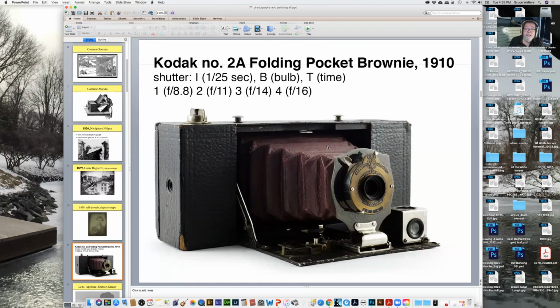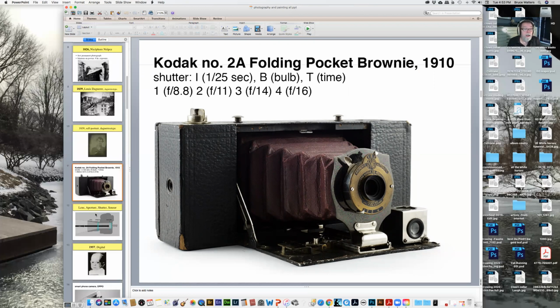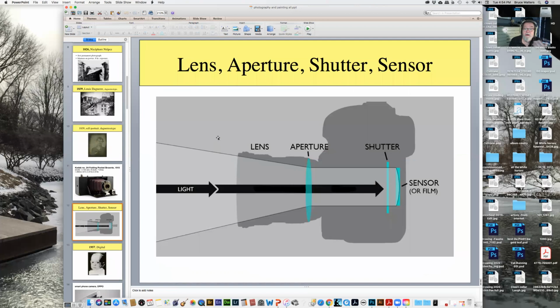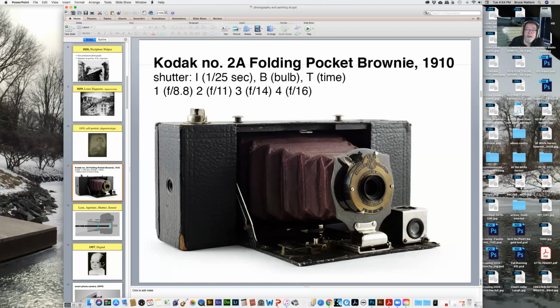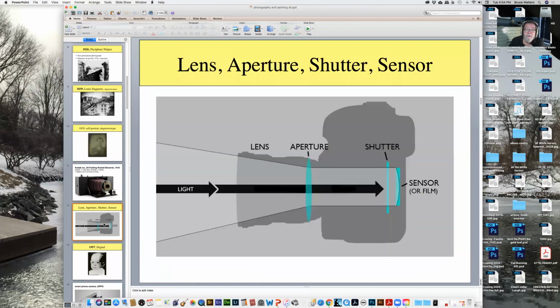With this process, at least, we have the beginning of the snapshot. This camera and really all that follow have the same sort of components. We have a lens. I'll go back, there's a lens right here. We have an aperture, and this is adjustable. We have a shutter, and then we have a film, or at least a digital sensor that records the effect